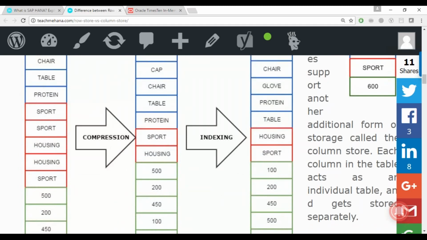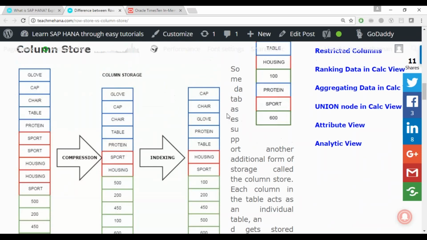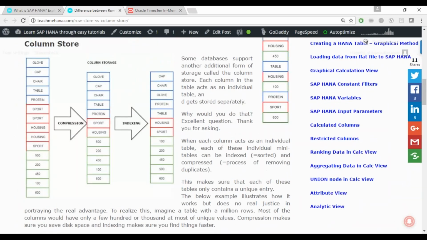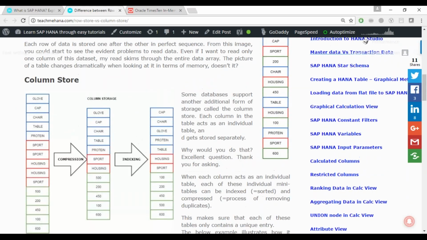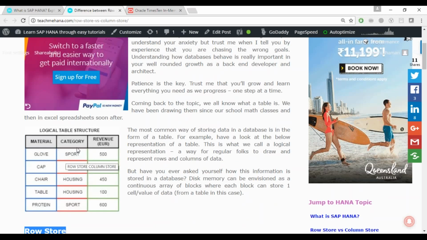Okay, column stores are a bit more complicated, but the result is simpler than expected. Column store takes your table and thinks of each of those columns as individual tables. So you have this material column, your category column, and your revenue column. Column store thinks of each of these as their own tables instead.